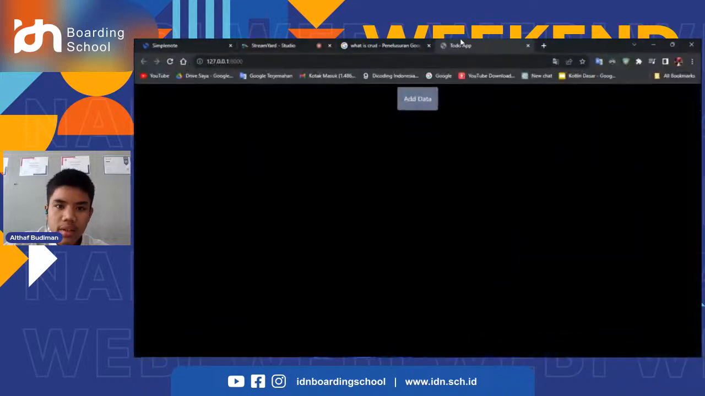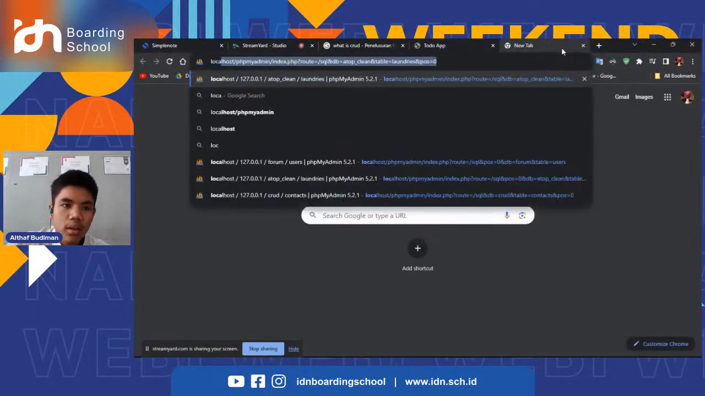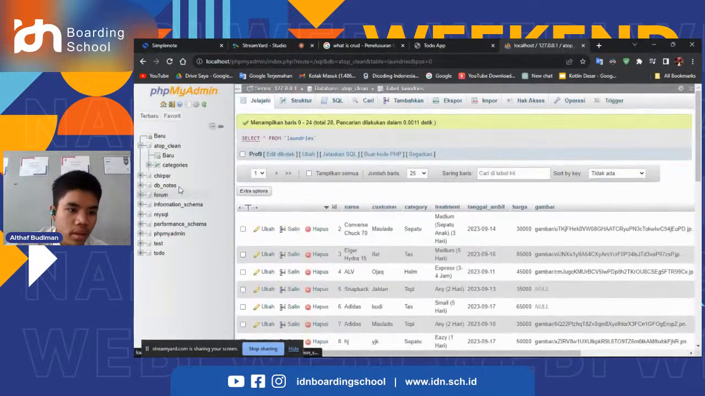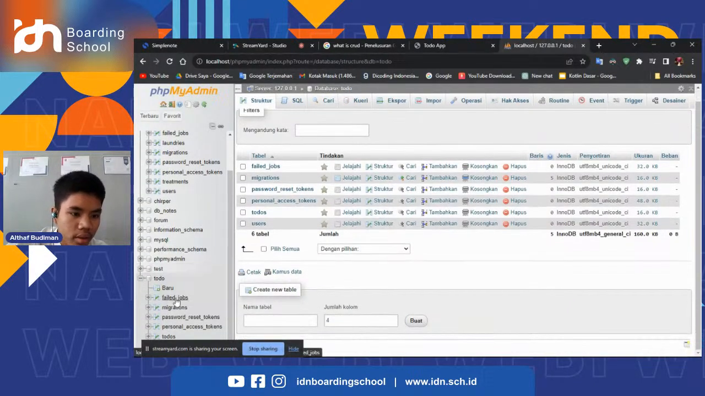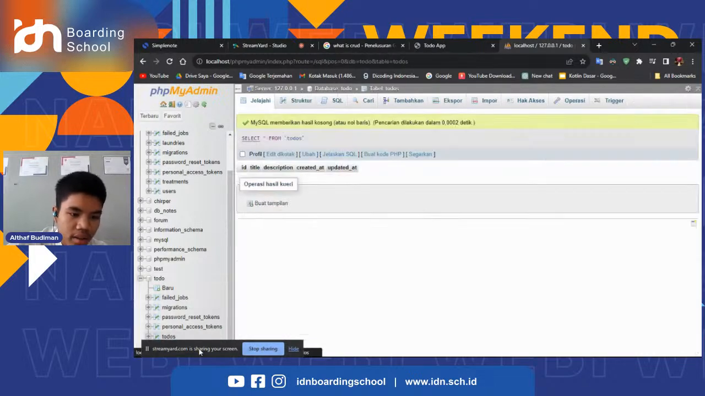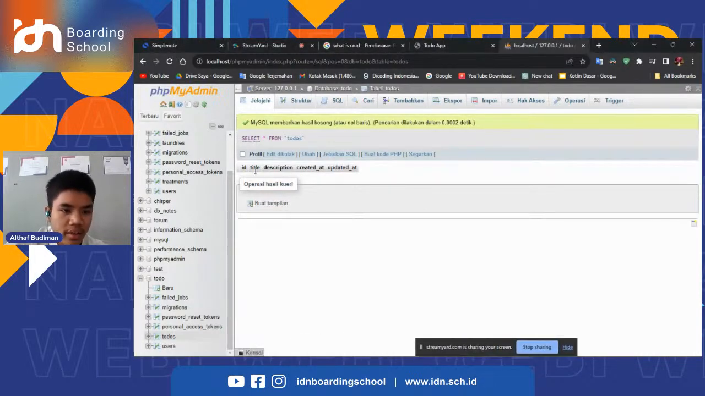Then let's see it in our phpMyAdmin, localhost, and as you can see here, we already have our database, and this is some default from Laravel, and this is the table that we have created, title, description, and this is the timestamps. Okay, so now,